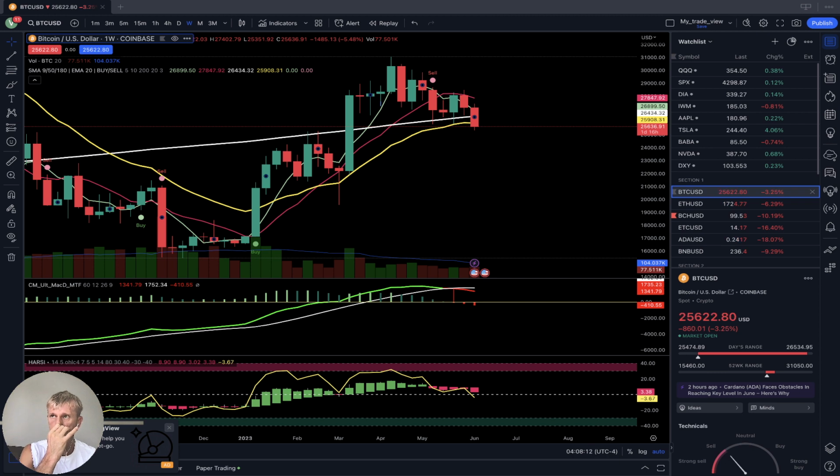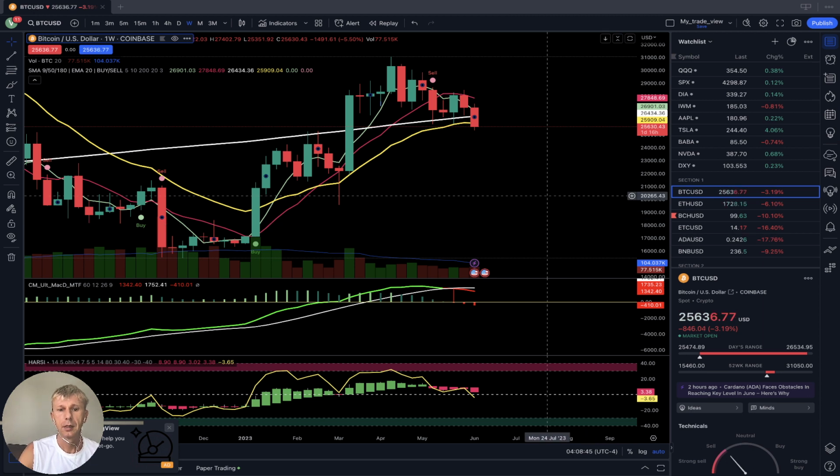It definitely will have some bounce. It should have some bounce because they all very oversold on RSI state. And remember, at the same time, they can stay in oversold territory for a long time also. But all crypto from my watch list on all time frames, it's bearish. Very negative. That's all.